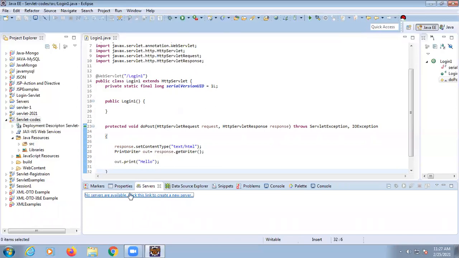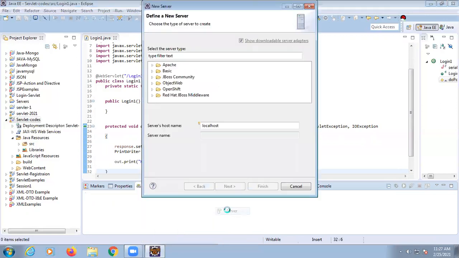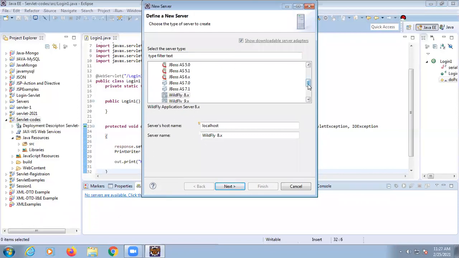Then in this space of the server, right click with your mouse, then click on New and then Server. Here you will find the list of servers. Just go to the top and find the word Apache, because we have installed Apache Tomcat.